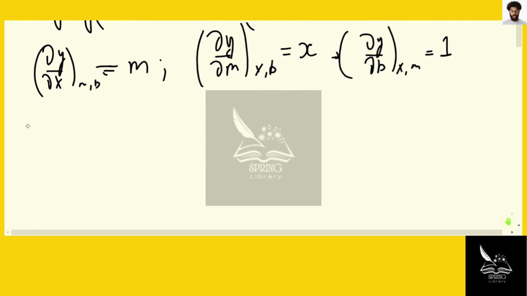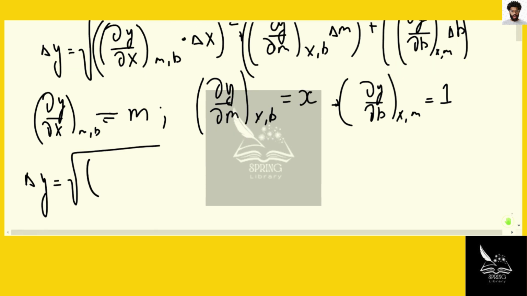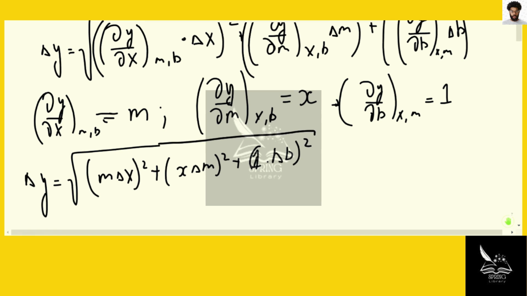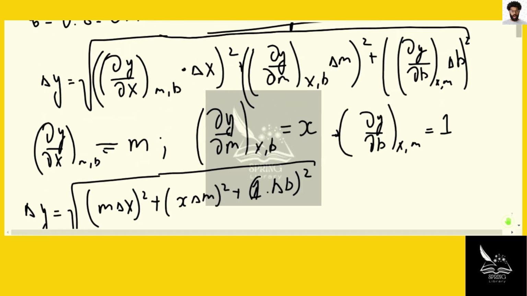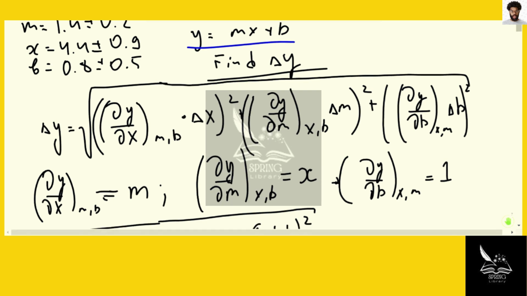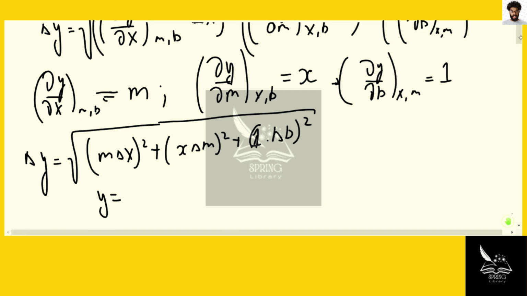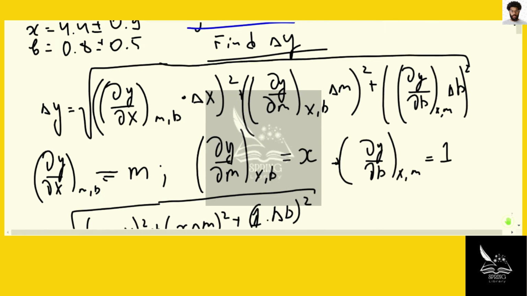So the uncertainty in y equals the square root of m multiplied by delta x, all squared, plus x multiplied by delta m, all squared, plus 1 multiplied by delta b, all squared. But prior to the calculation, let's calculate y, because we need to decide how many decimal places we need. So y equals mx plus b, which is 1.4 multiplied by 4.4